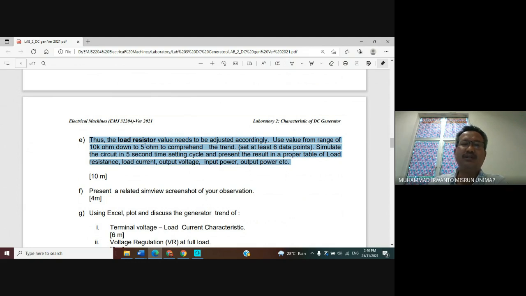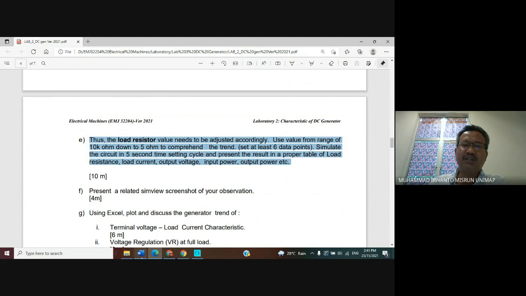So here we want to adjust the value of load resistance from 10k until 5 ohms, at least 6 data, and simulate by time setting cycle 5 seconds.